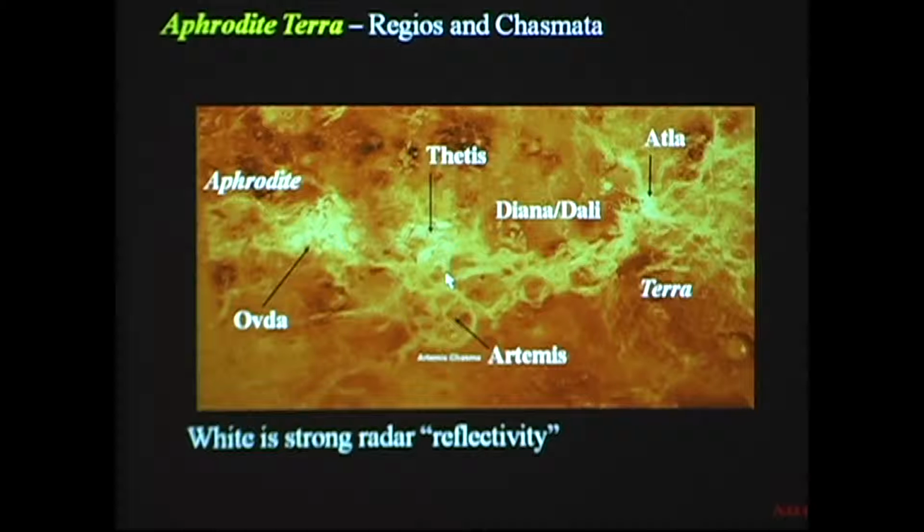Aphrodite Terra is made up of Ovda, Thetis, and Atla Regio. And Regio here just means highland. But you can see these are the patches that we saw on the previous false color images. Now, Ovda and Thetis are neighbors, obviously. And Atla here is linked to them through this corridor here of rather complex-looking rift valleys, which are referred to